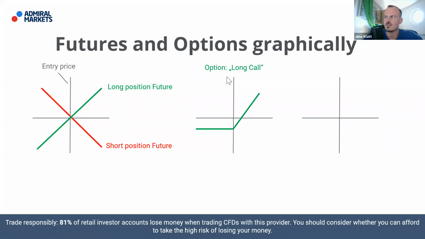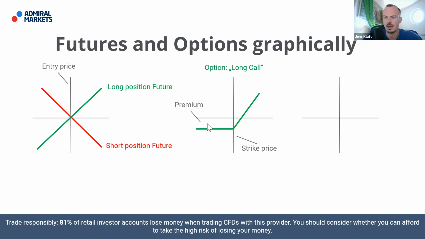And now let's have a look at the long call. I think this is more interesting, and especially interesting in regards to what I just prepared for you. So you have a long call here in this case. This is the premium you pay. And once we move beyond the strike price, and there's the premium you have to pay, this option becomes worthy. So you make money on the trade, in fact, if the market moves above the strike price. And that's where this asymmetrical risk profile comes from.